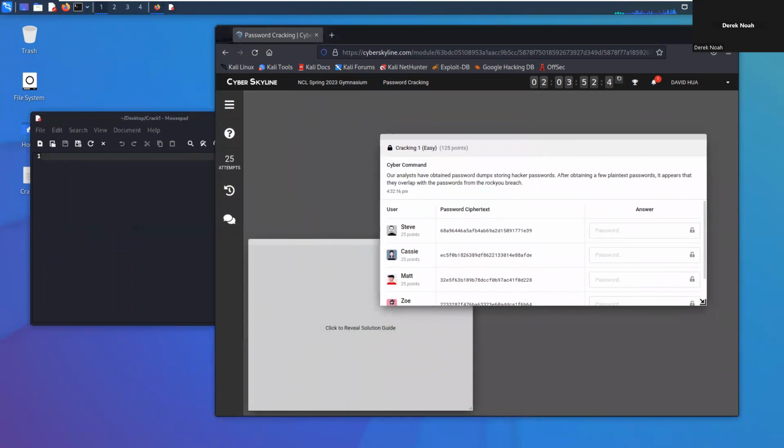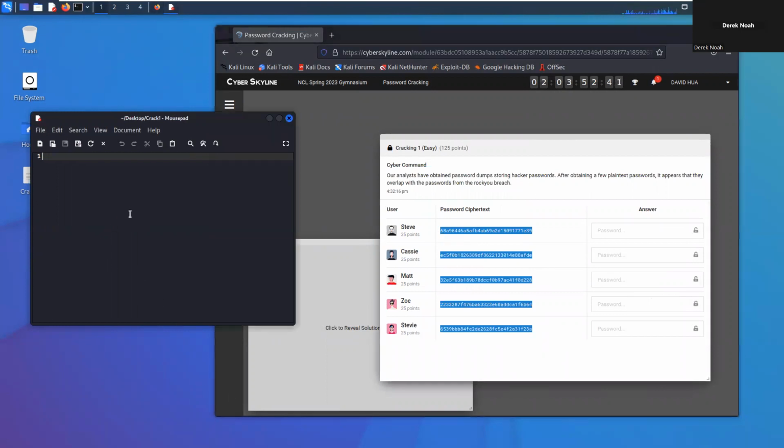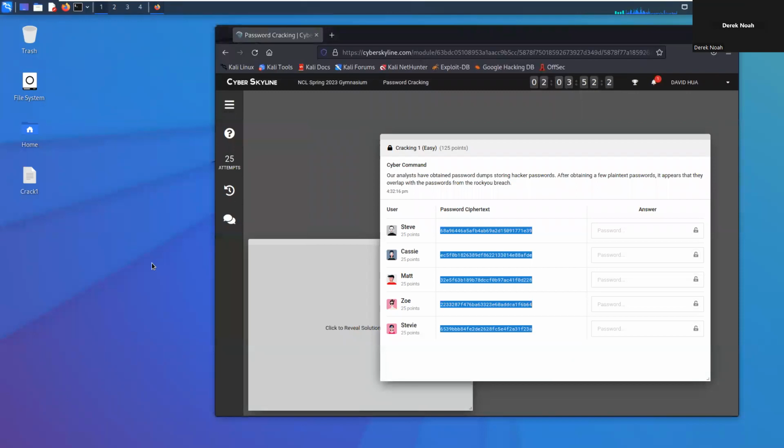And I want to copy and paste in all of these hashes, because the tool can do one password at a time, or it can do an entire list. I might as well be efficient and have it try and do the entire list. I'm gonna go ahead and save that. Since it doesn't say, they almost always start with MD5. It's a very, very common hashing algorithm. It's the easy algorithm. It's the gymnasium. It's going to be an easy one. All right, so